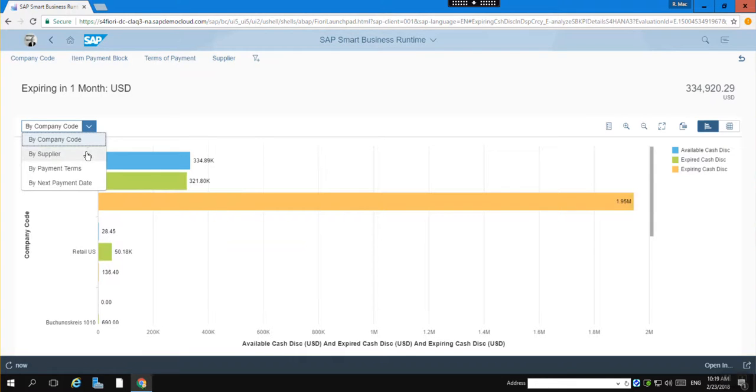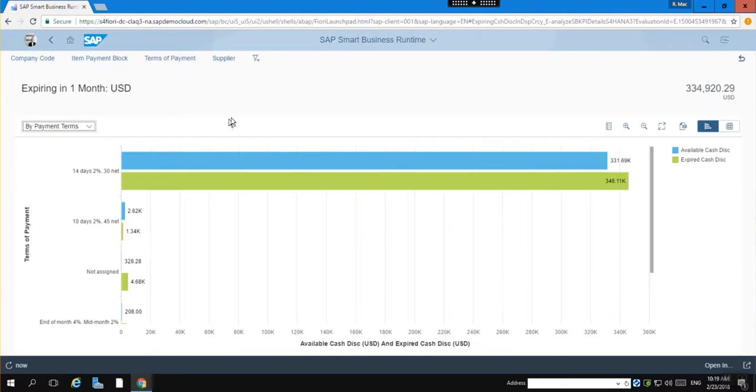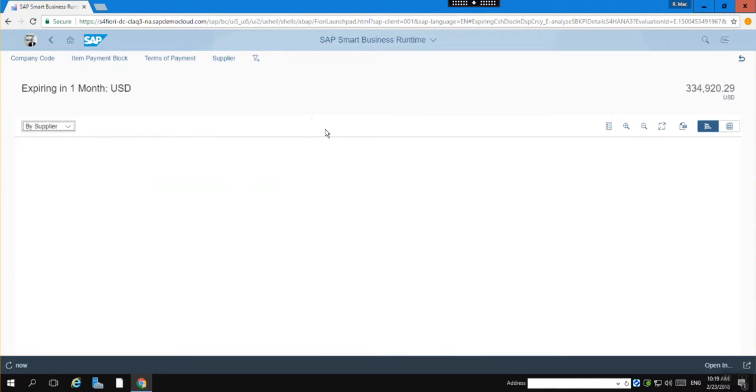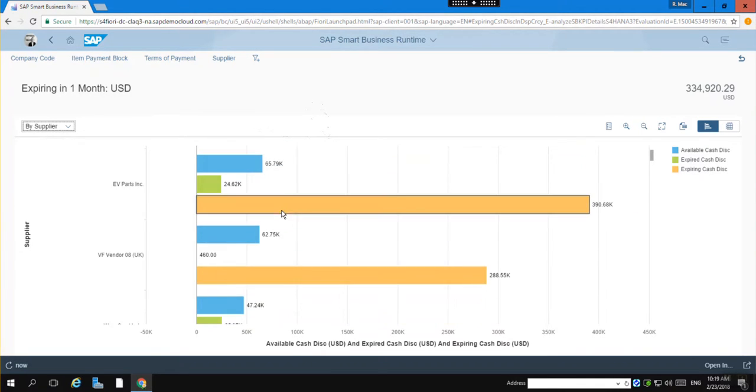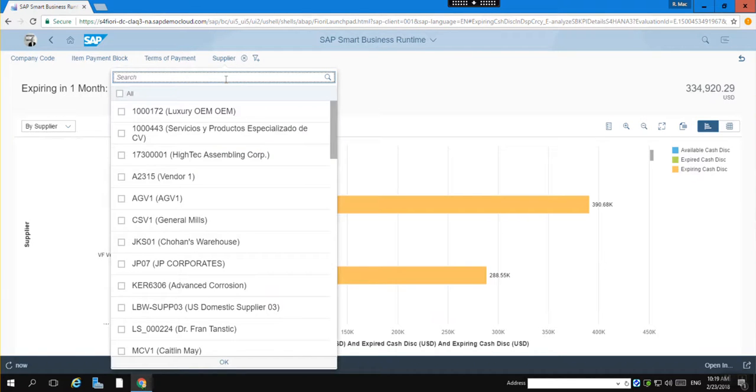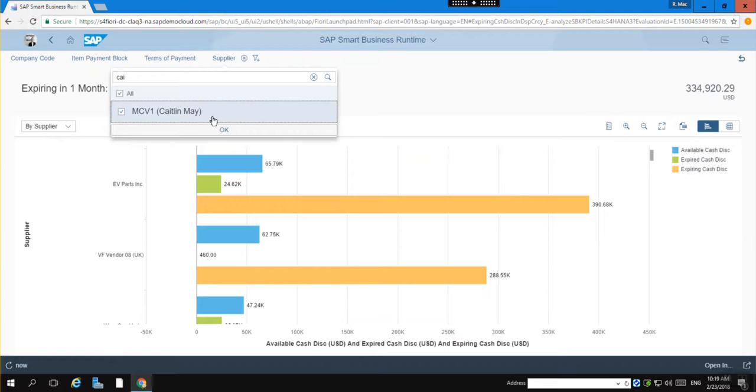We could also look at it by maybe payment terms, so you could figure out what's most beneficial. In this case, 2 net 30 or an end of month 4% discount. Depending on which cash discount is most beneficial, you might be interested in sorting it this way. Or if you wanted to say, hey, I am expected to cut a check to a given supplier, you could look at it by supplier. So lots of suppliers we can look at throughout our entire system, but in this case, I'm going to go ahead and focus in on my particular